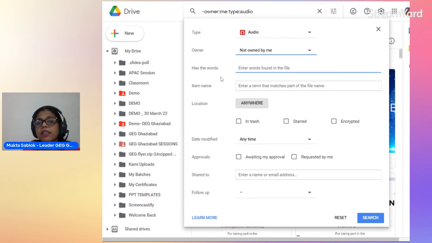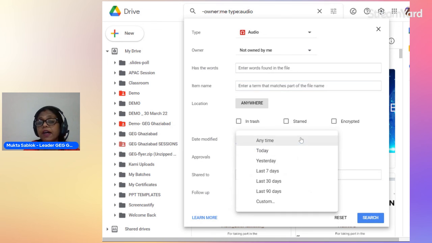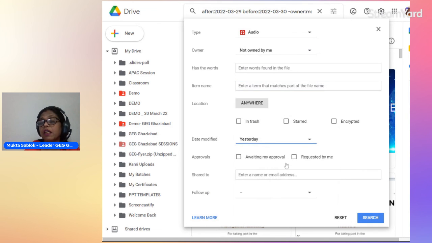Has the words, that means any phrase which I remember from the file or folder, I can type it here. Item name, location, that means I remember in which folder, in which subfolder it is, so I can just click over here. Or date modified, we can give yesterday, and then shared to.